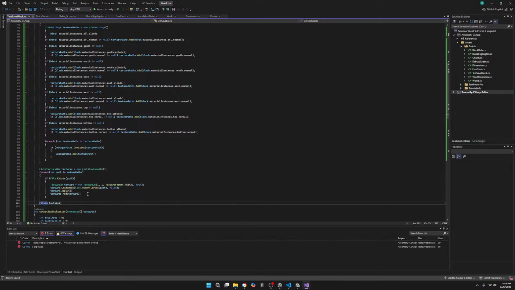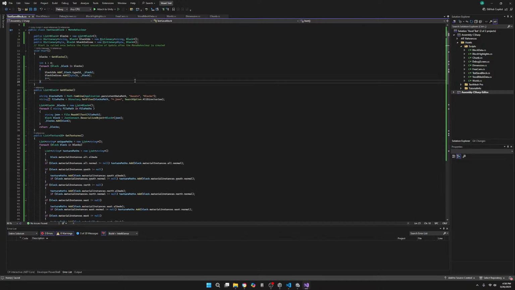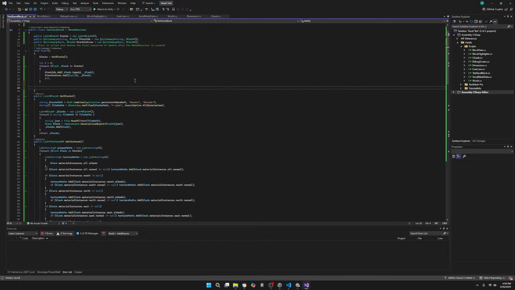Return textures. Okay, so now up here, I can do list of texture 2Ds, textures, and we'll say get textures,